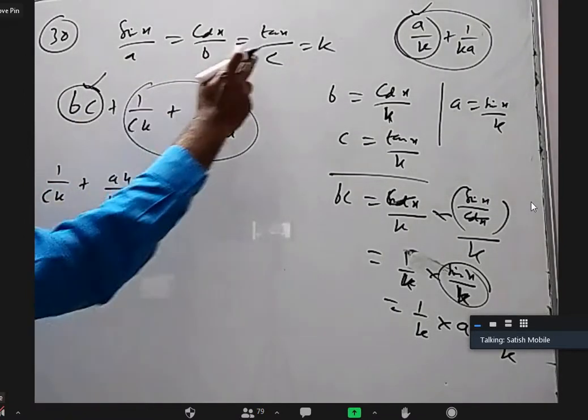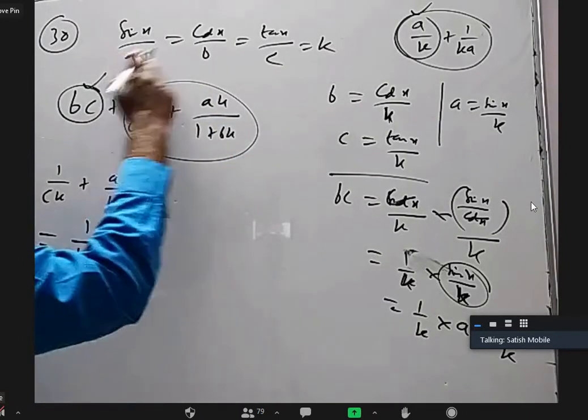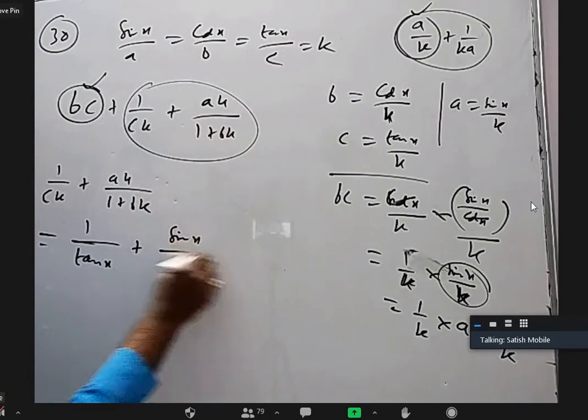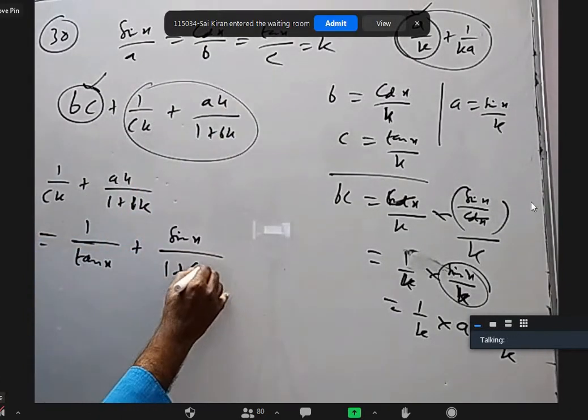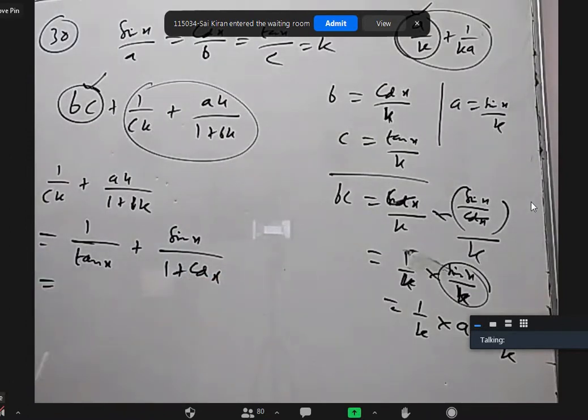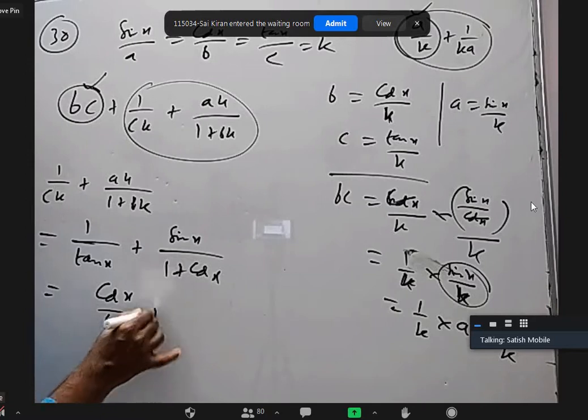So what is CK here? Tan x. What is AK here? Sin x. And what is BK here? Cos x. I can write sin by cos and simplify it. If I write sin by cos, it will become cos x by sin x plus